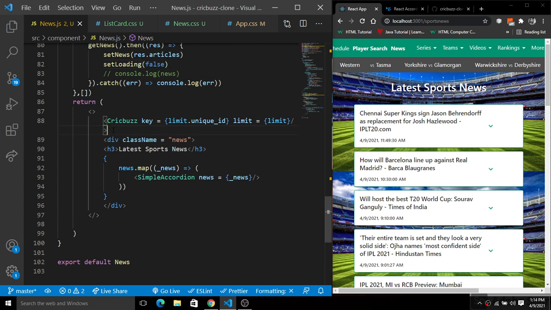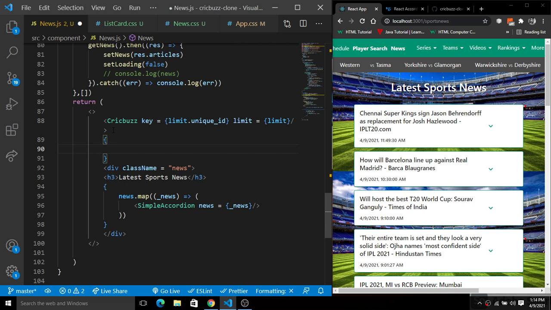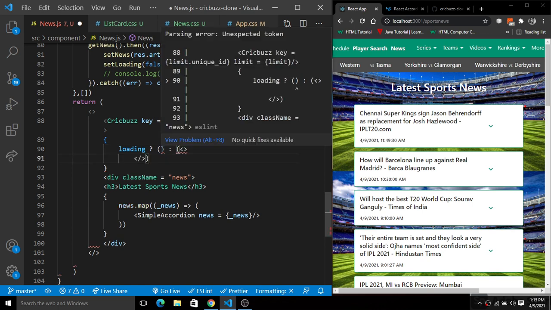So here we have a loading, right? So if there will be a loading, means if the loading is true, we are now going to simply show the image. We will show it here, and the else part is inside of it. So I'm going to create an empty fragment in both of them. Let's create the empty fragment there also. Close this. Fine. So here grab this div and put it inside of this if there will be loading false,